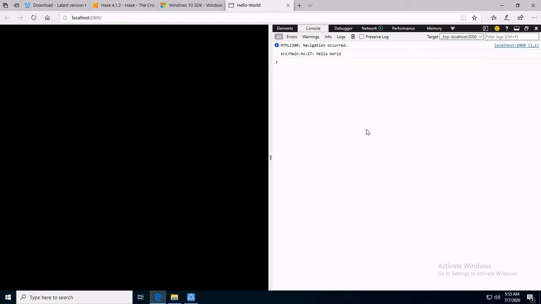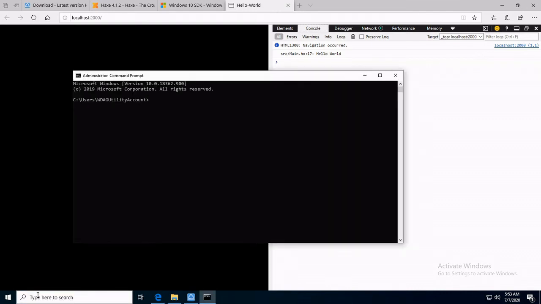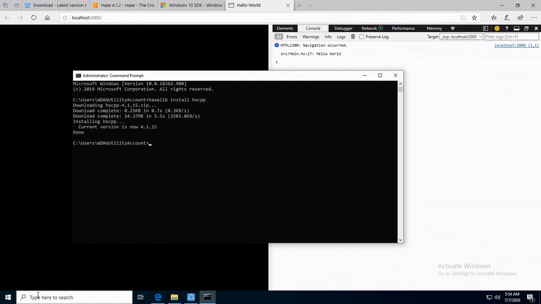Now let's try to build our project for native Windows. First though, we need to open the command line again and install HXCPP exactly the way we installed OpenFL in line with Haxelib. So, open the command prompt, type in haxelib install hxcpp. Alright, now that the latest version of HXCPP is installed, we can go ahead and close this,